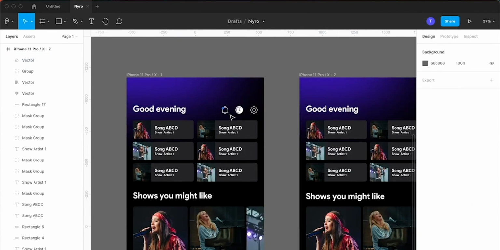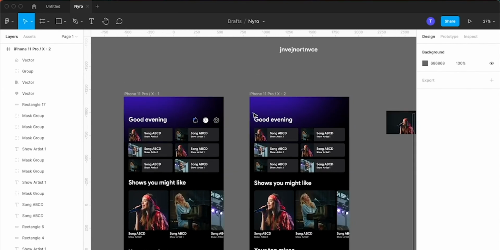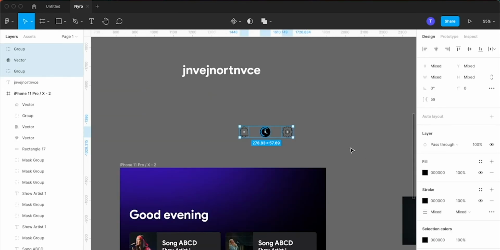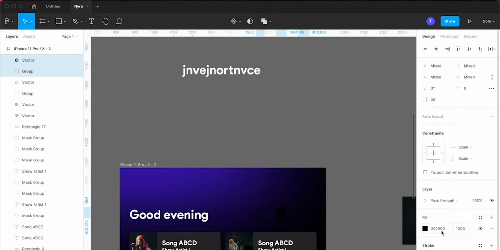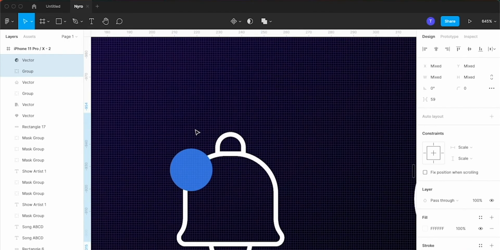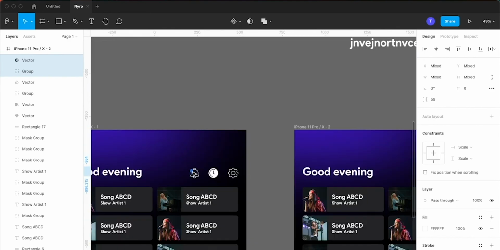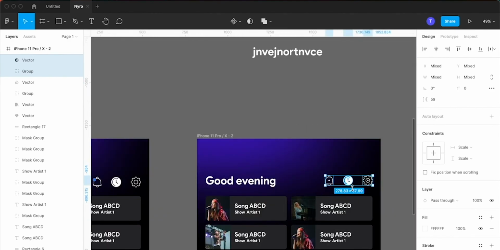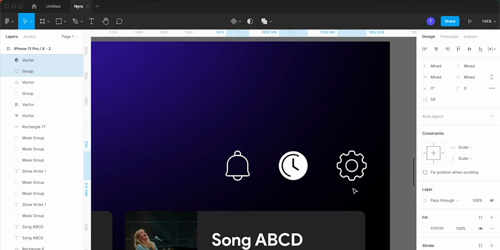Also, we will try to find these icons, and we also need to replicate them in the proper positions. So these are the icons that I found, and I will just reposition them properly. I also need to create this small blue icon over here so that we can understand that notifications are present.